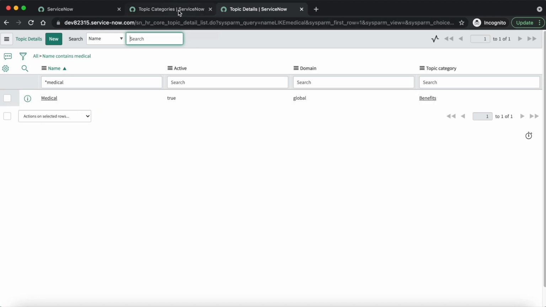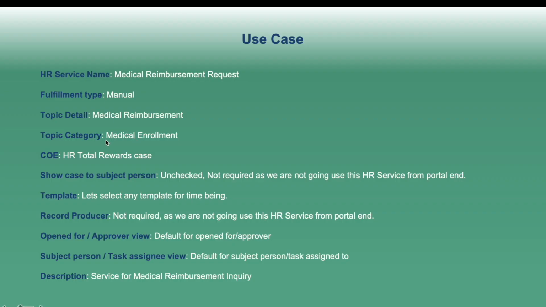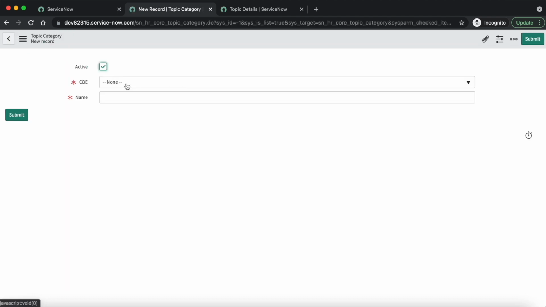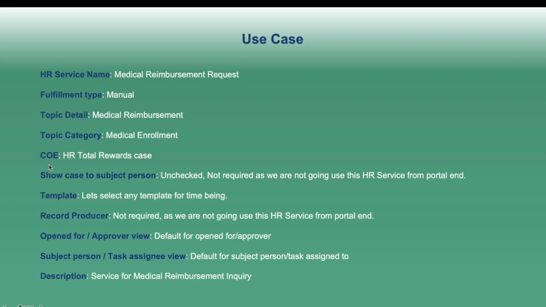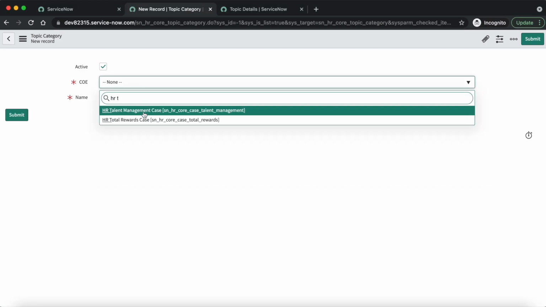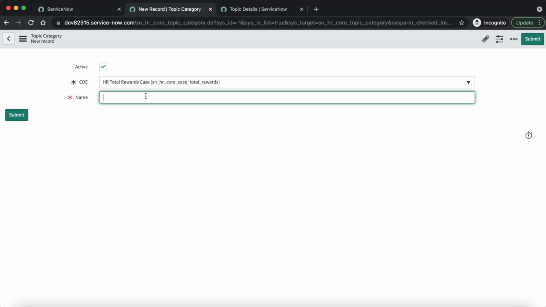So now let's create a topic category with the name medical enrollment. The COE is HR total reward case. So let's select the HR total reward case, and the name is medical enrollment.